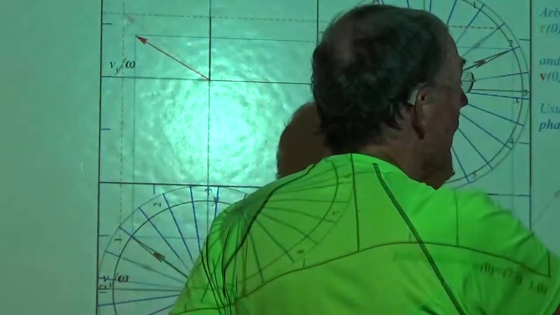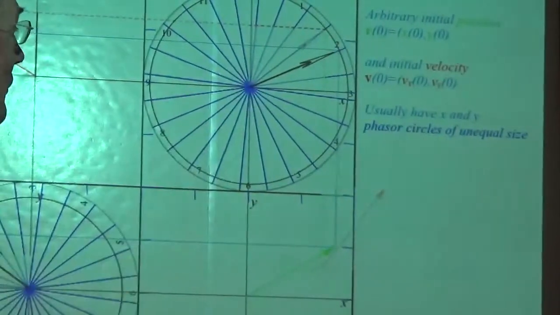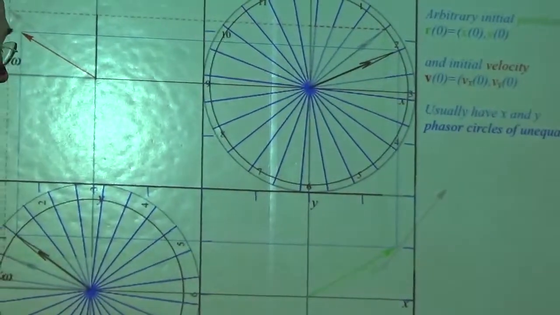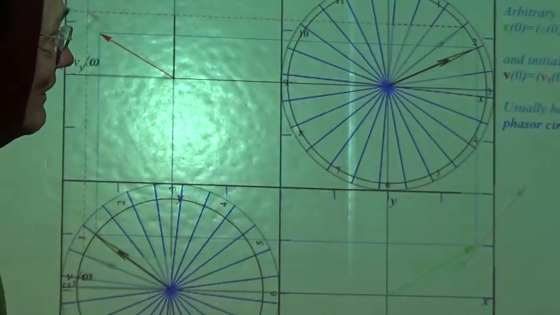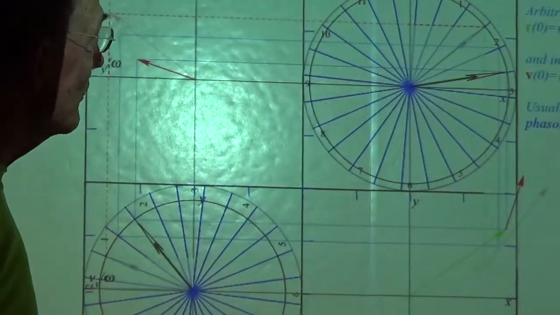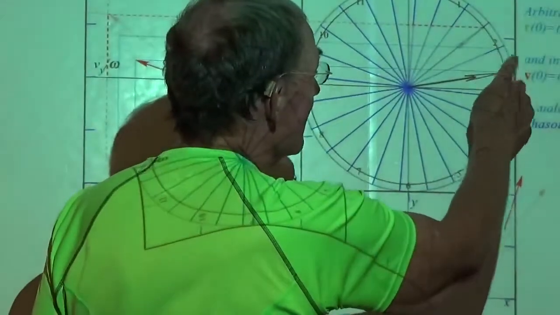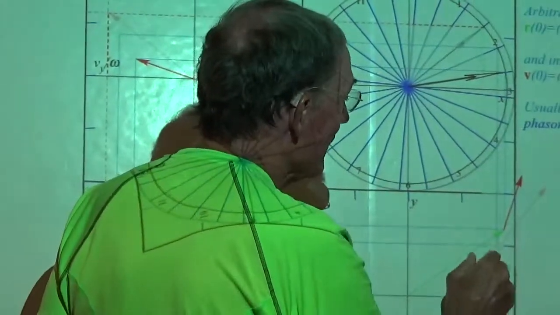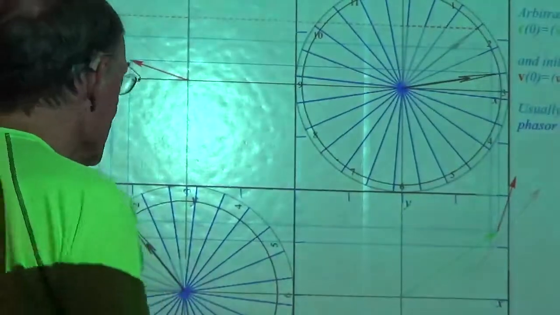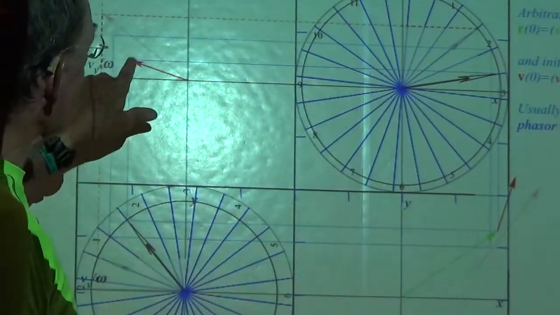So, usually x and y phasors have unequal size, and this is only slightly true of these. These are pretty close. But the most interesting ones have equal size. As you'll see, that's called fully saturated oscillation. So I'm going to the next tick, okay? Next tick is this one right here, okay? And when that occurred, so did this. This one moved up, okay? This is our new velocity,